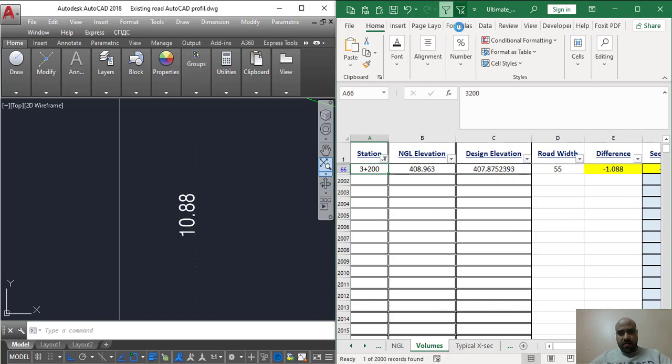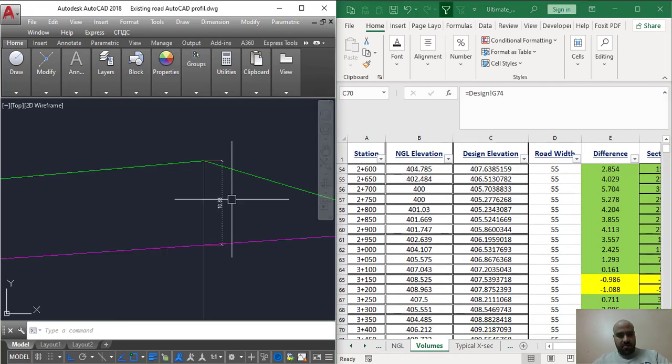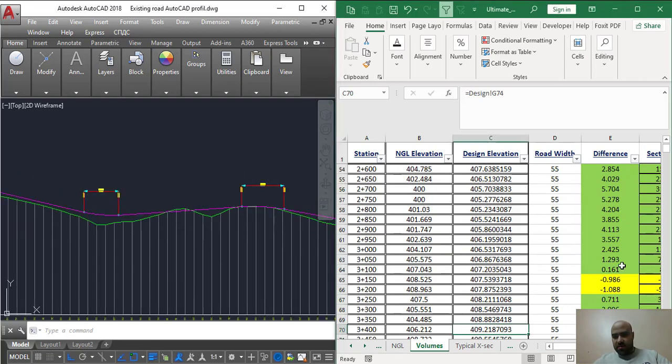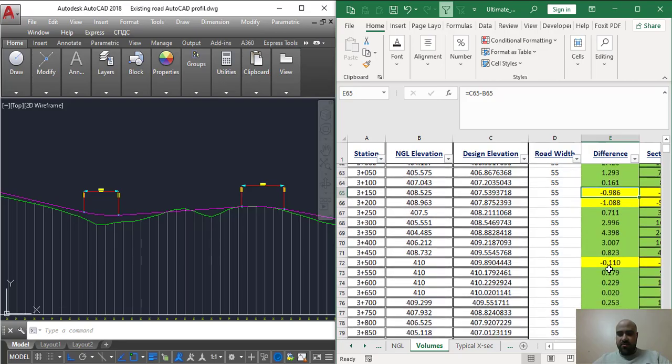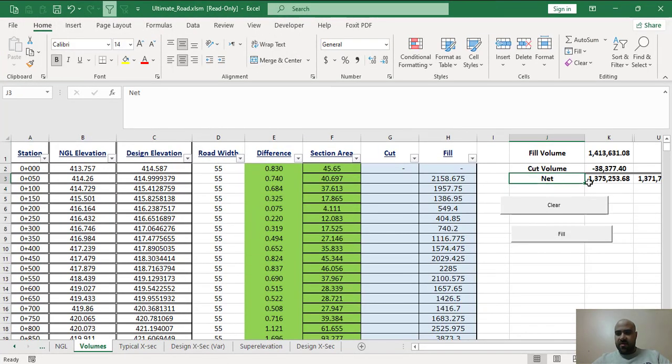and for each and every station there is cut and there is fill. Fill is highlighted by green and cut is highlighted by yellow. And as you see, this is the final net volume. And if we want to clear all the data here,